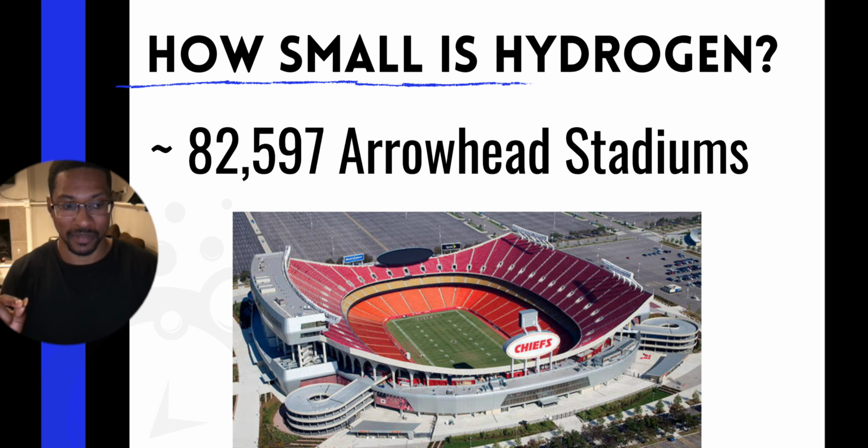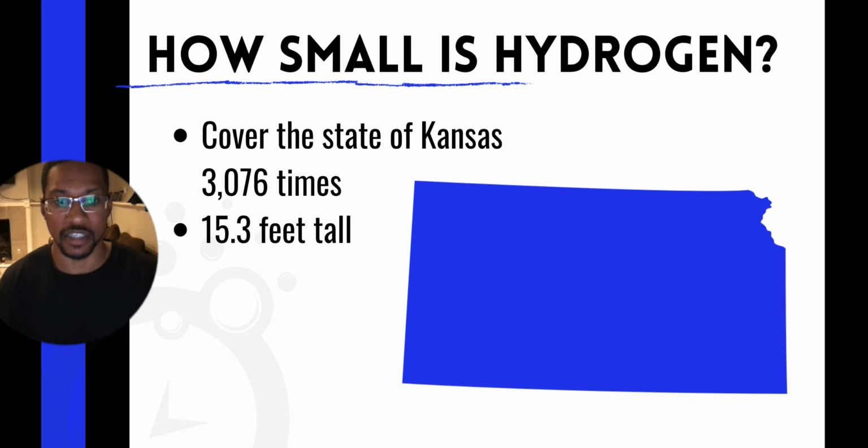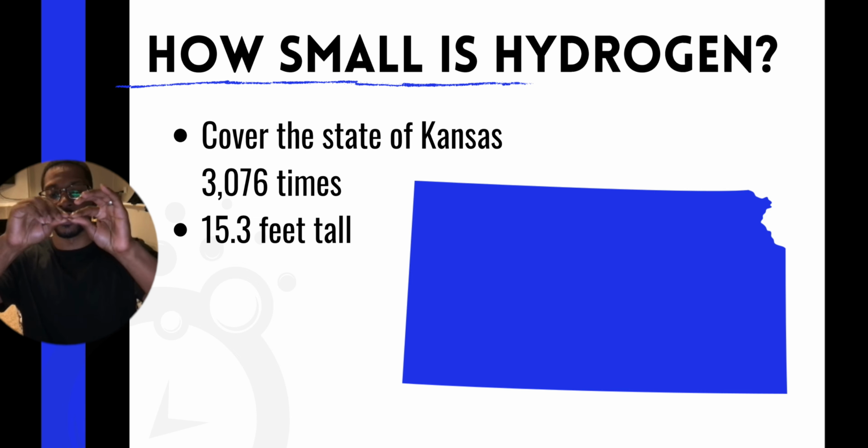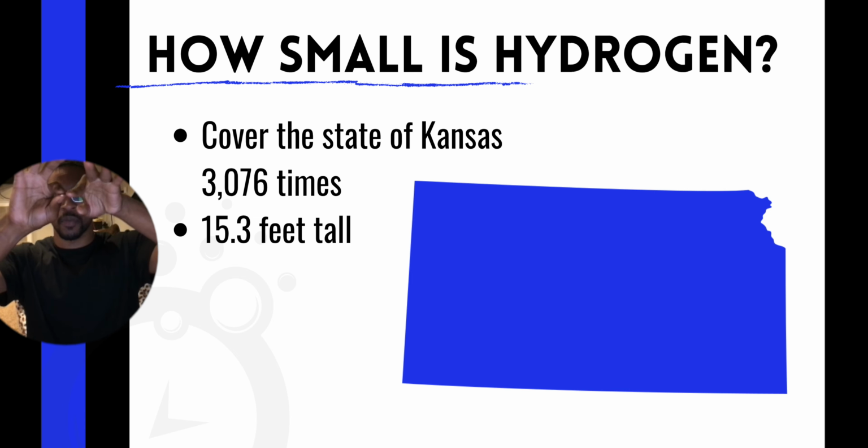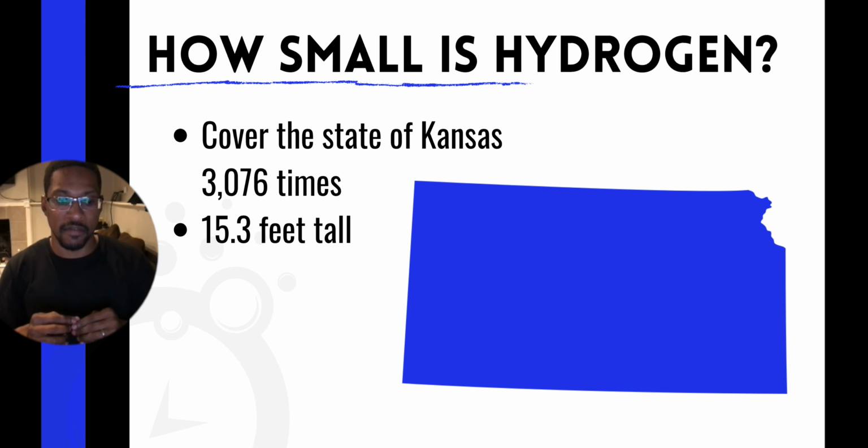82,597 Arrowhead stadiums. I'm going to say that number again. 82,597 Arrowhead stadiums. That's a ton of pennies. It's a crazy amount of pennies. In fact, it's so many pennies that it can cover the entire state of Kansas. This is where I live, I live in Kansas City. It can cover every square foot of Kansas, with each penny touching another penny, forming layers of pennies. 3,076 layers on every square foot of Kansas, up to 15.3 feet tall,